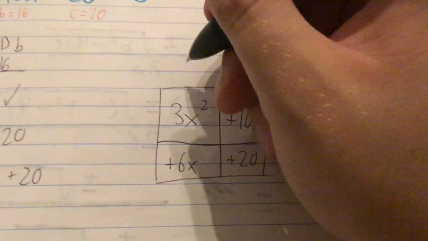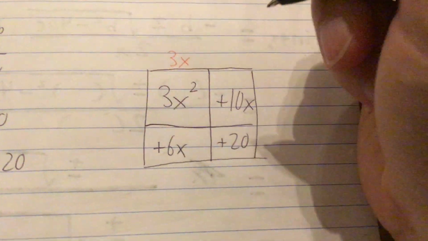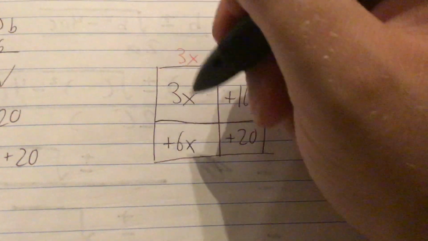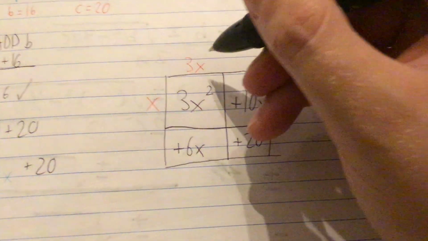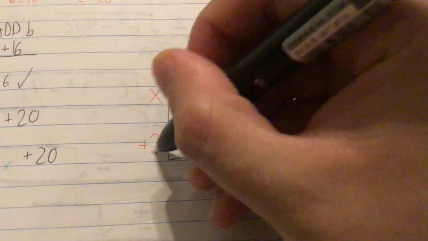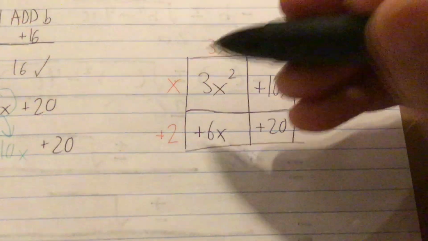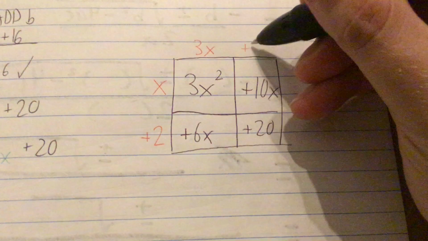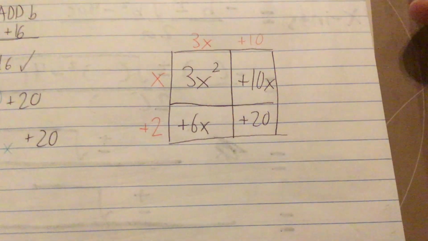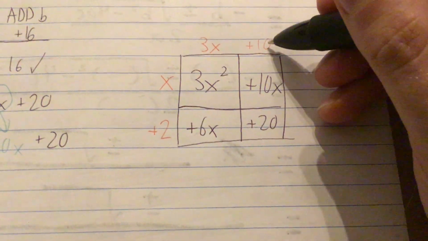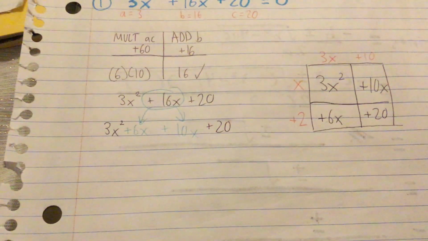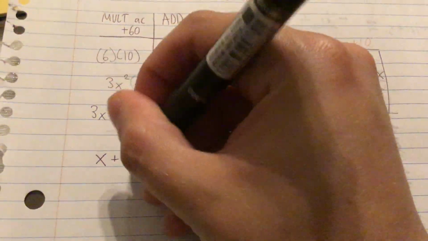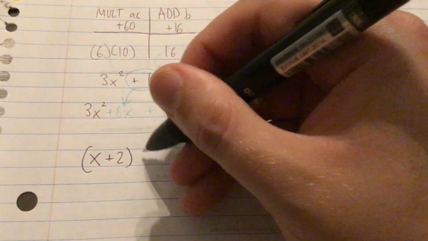3x squared and positive 6x can both factor out a 3x. 3x times 1x is 3x squared. 3x times positive 2 is positive 6x. And x times 10 would be positive 10x. Check my work. Positive 10 times positive 2 is positive 20. So this is what it factors into. So now I've got x plus 2 times 3x plus 10